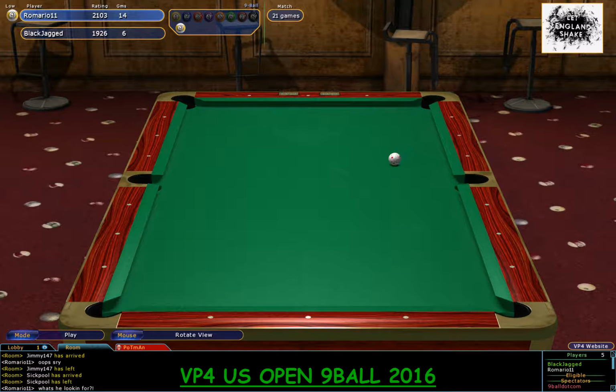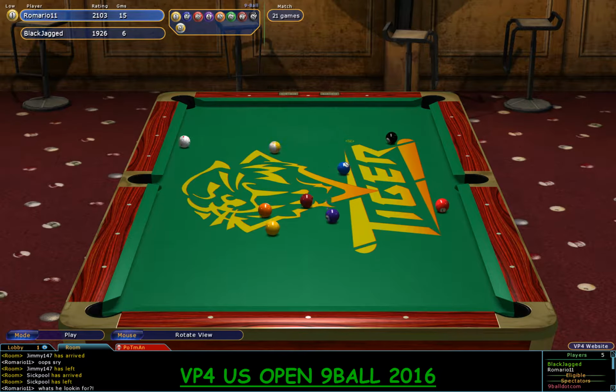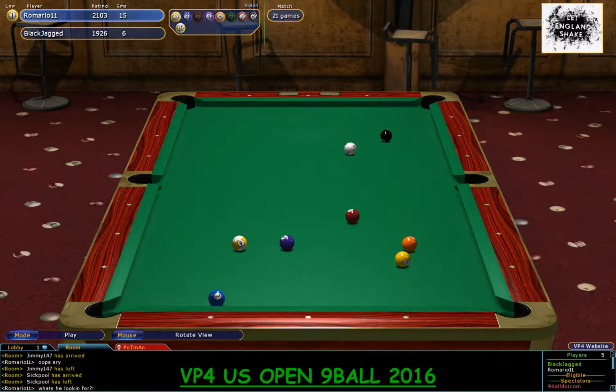So, Romario now leads by 15 racks to 6. And just needing another 6 racks to send Boris into the 1 lost side, and for Romario to advance